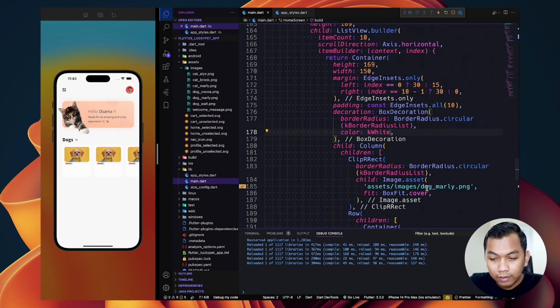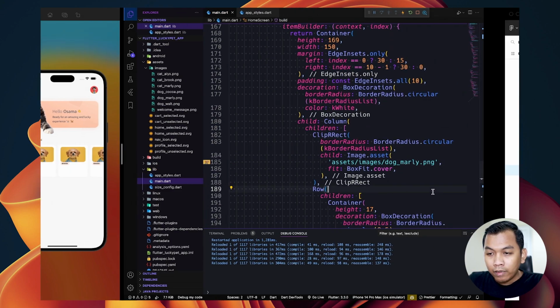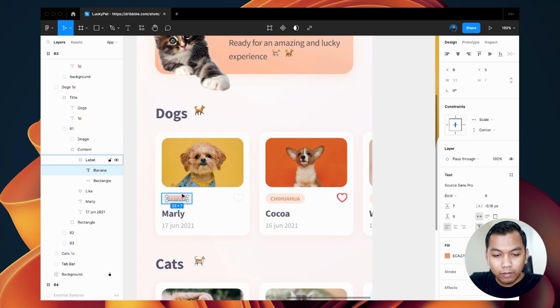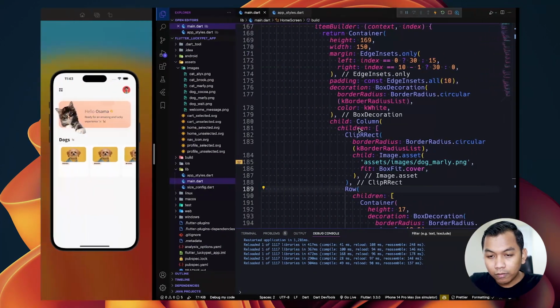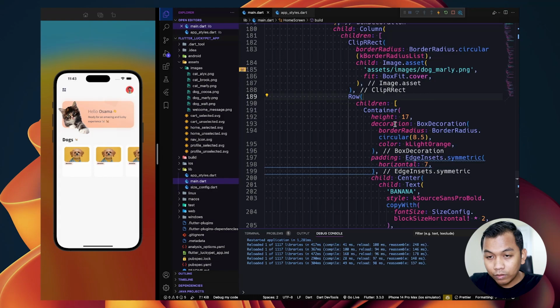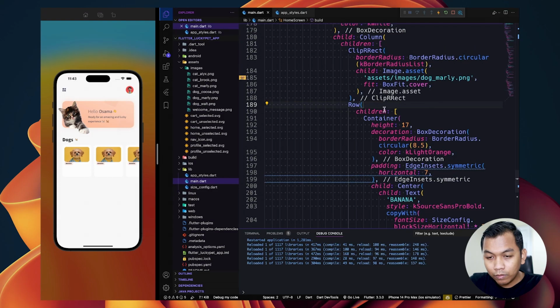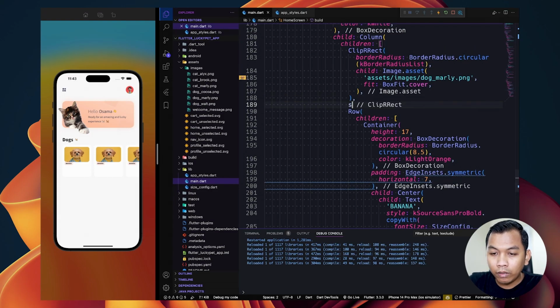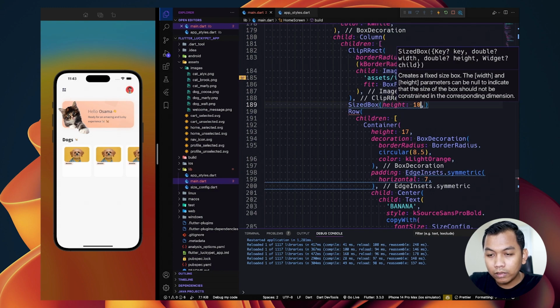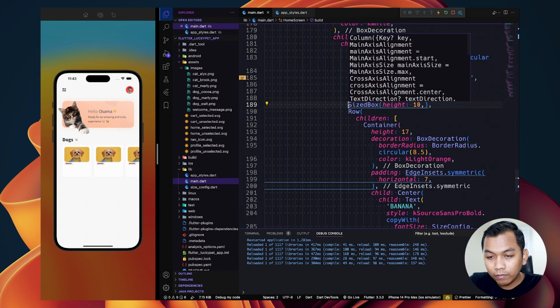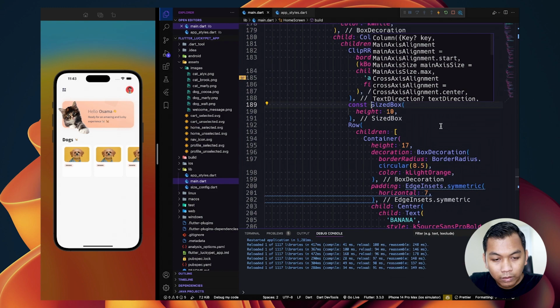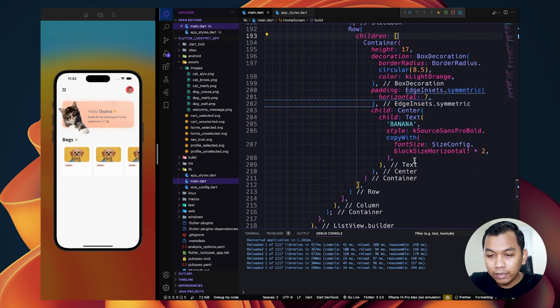Look like this. And between this, we will have SizedBox. So below this, we will have SizedBox 10. Look like this.